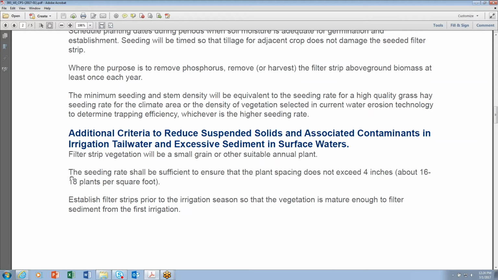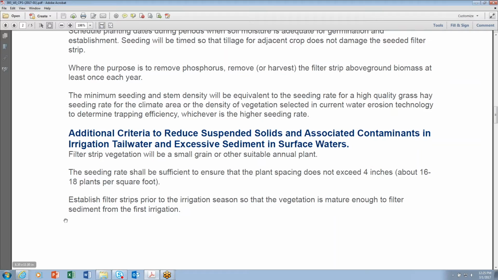Small grain is not, I mean, we definitely want this to be a perennial grass. The seeding rate will be sufficient to ensure that the plant spacing does not exceed 4 inches. And if you go to the 342 standard, there's additional criteria that will really help you determine how many seeds per square foot are recommended in order to really do a good job of